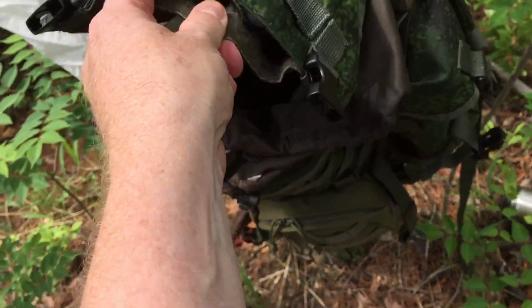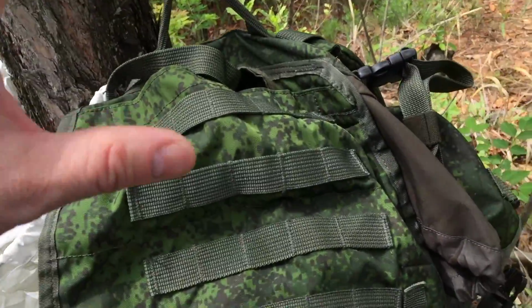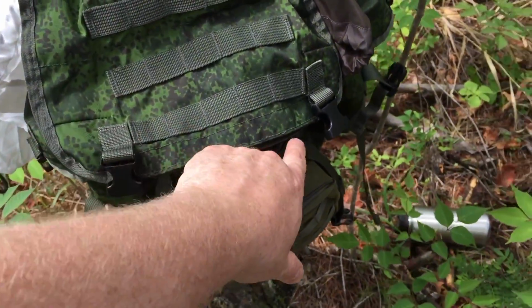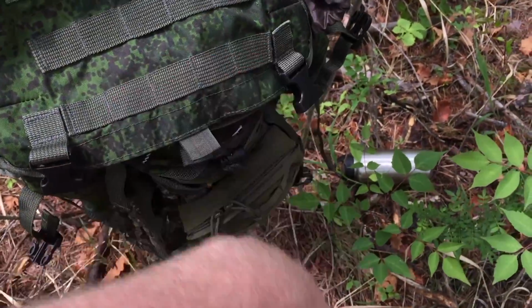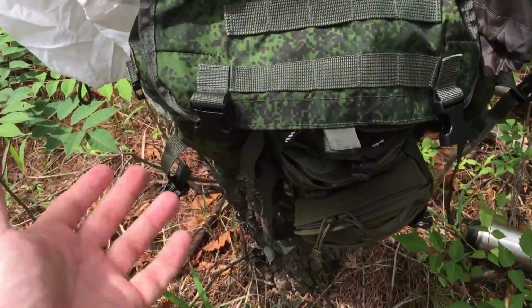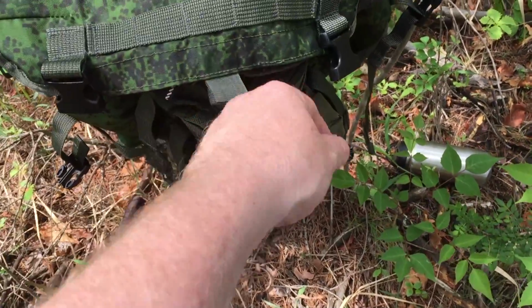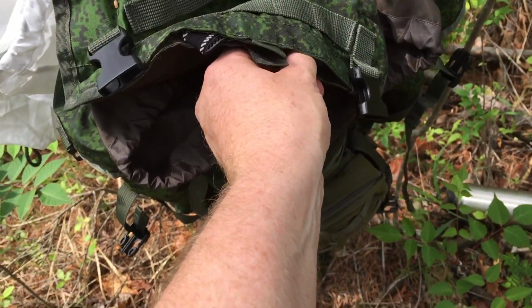The only thing I really don't like about this pocket is that it's Velcro. The issue I have with that is, if you notice how this is pointing down, it's slanted, right? So if you've got Velcro, and I've had this happen, if this thing is not completely sealed, don't be surprised if your stuff starts coming out. And Velcro wears out the more you use it. Right now it's working great, but a year or two from now, if you use this extensively, opening and closing the Velcro,